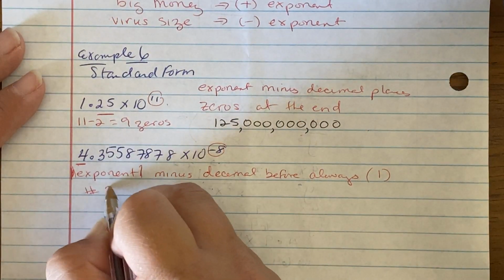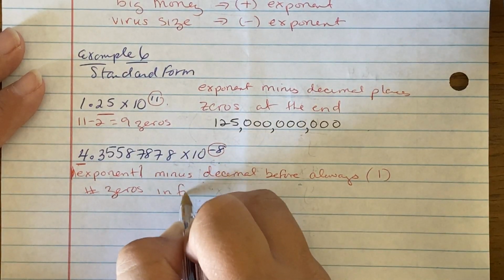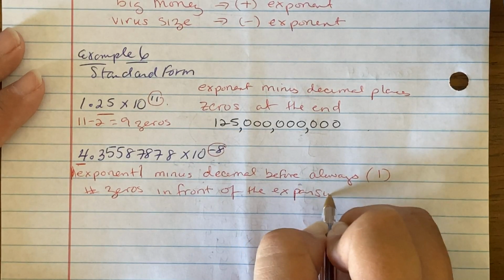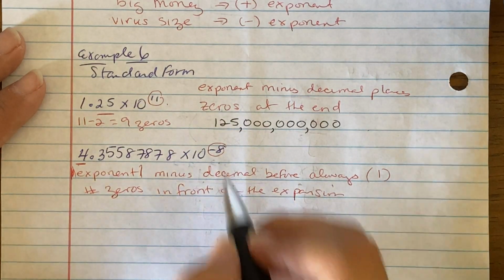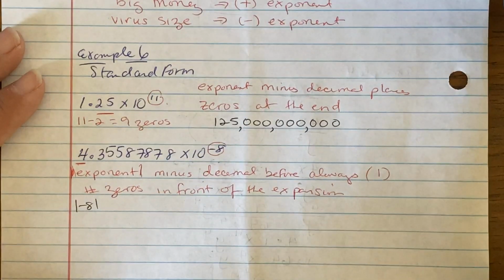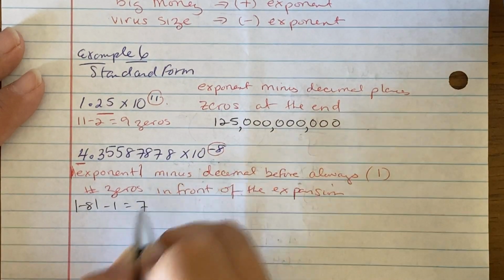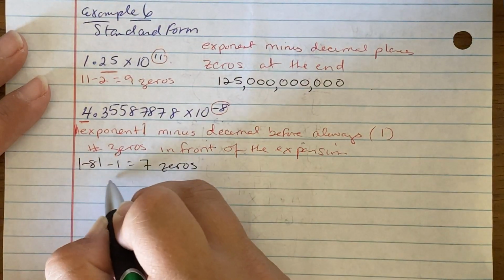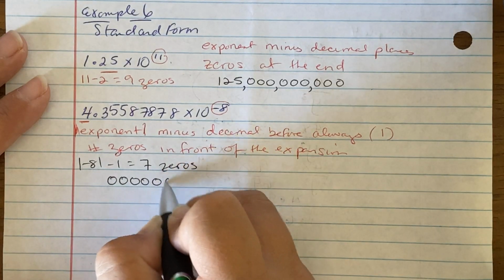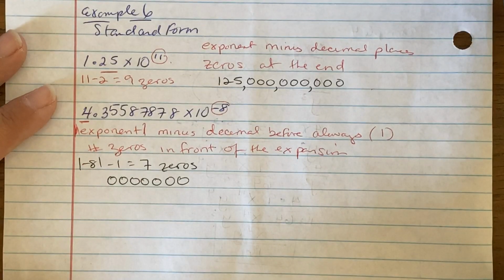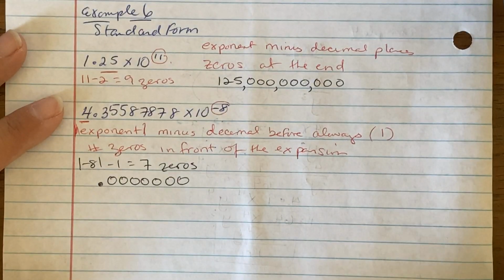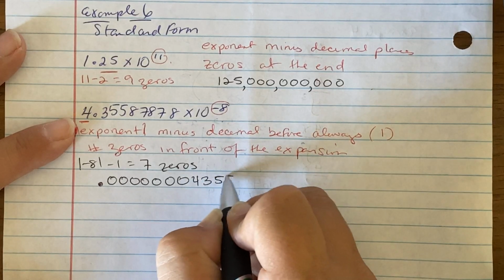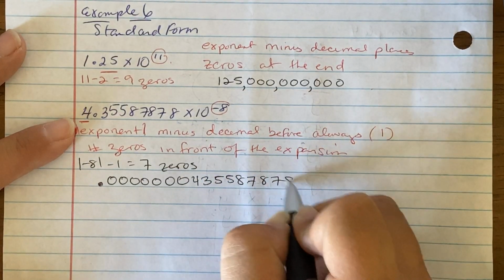That's the number of zeros in front of the expansion. So negative 8, absolute value is going to be positive 8, minus 1, which means we have 7 zeros. So we're going to put 1, 2, 3, 4, 5, 6, 7. There's my 7 zeros. I'm going to put my decimal point in front of it because that's being expanded out. And then attach the number 4, 3, 5, 5, 8, 7, 8, 7, 8. And there's your